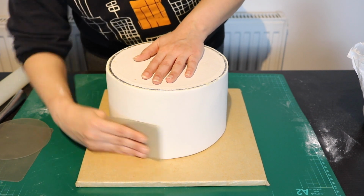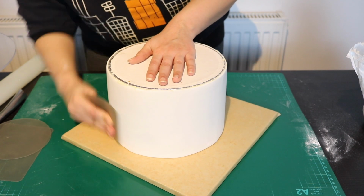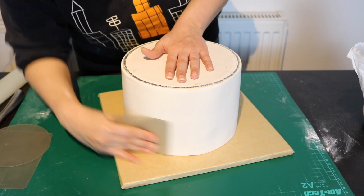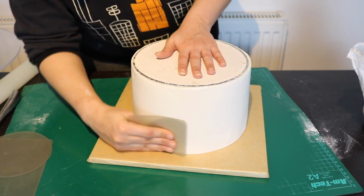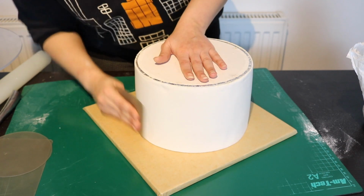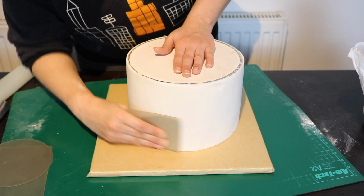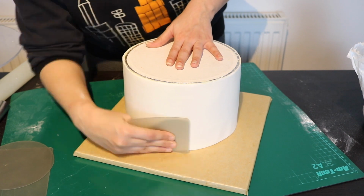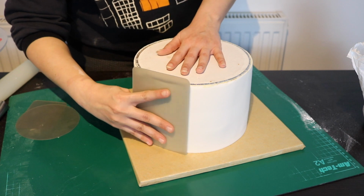So what I'm doing is I'm holding the smoother between my four fingers and thumb, and I'm putting just a slight pressure while I'm smoothing the edges, so the fondant actually pushes down and creates a sharp edge, if that makes any sense. So I just keep moving the cake, and I just keep smoothing until I am happy with the edges. I usually do a couple of rounds and then I move on to the bigger